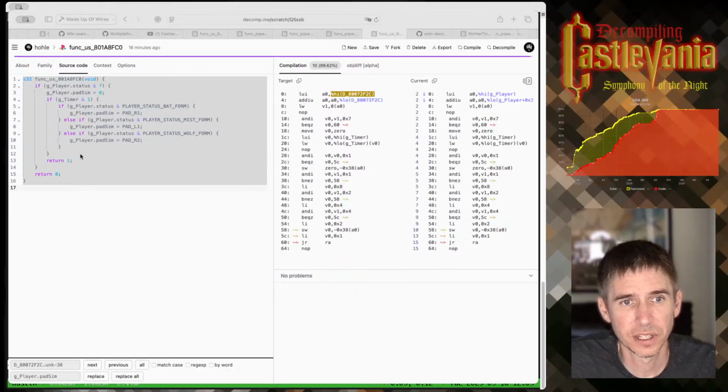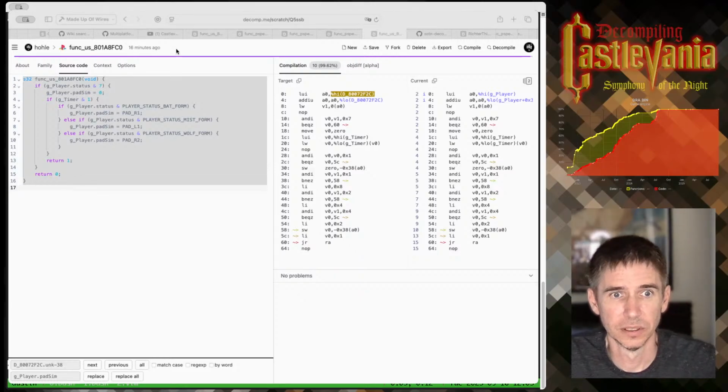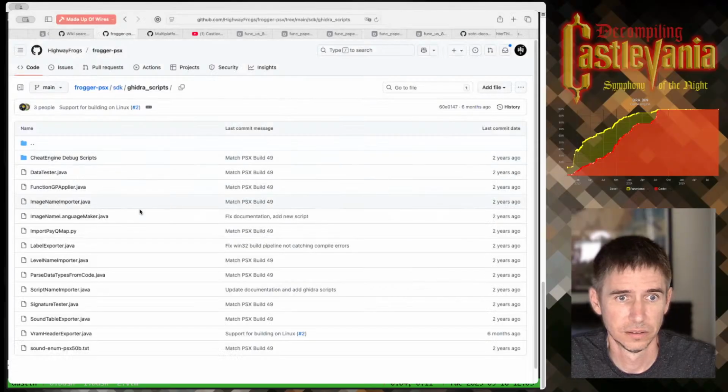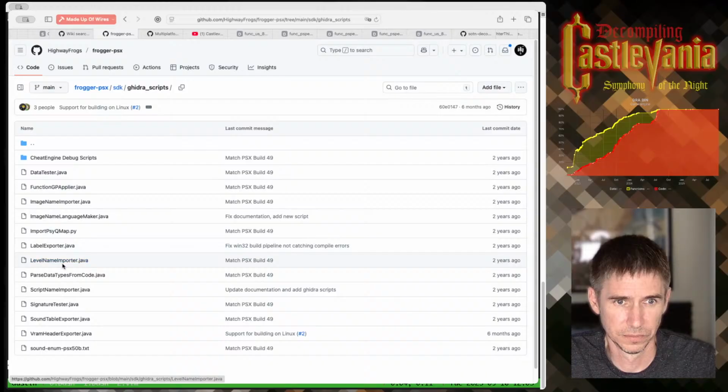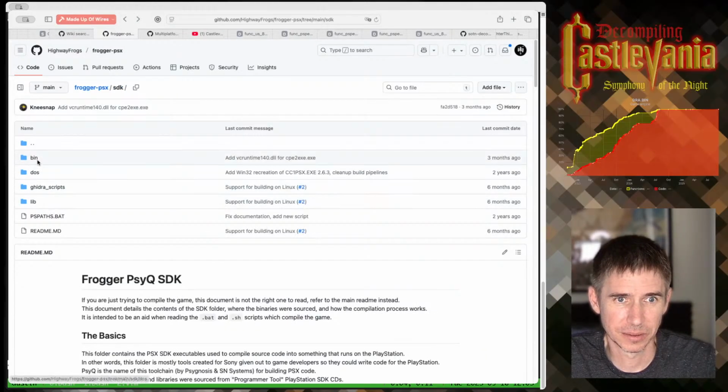As part of their build, yeah, I think it's a Ghidra script. Let's see if I can figure out what name it is. No, I'm pretty sure it is part of their...